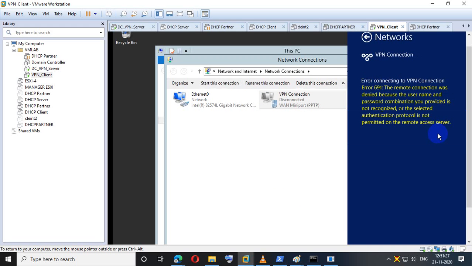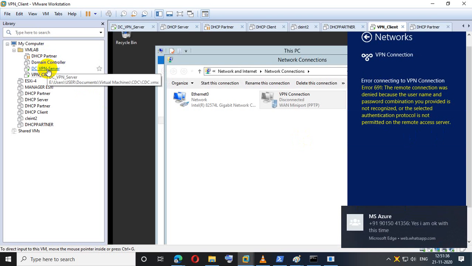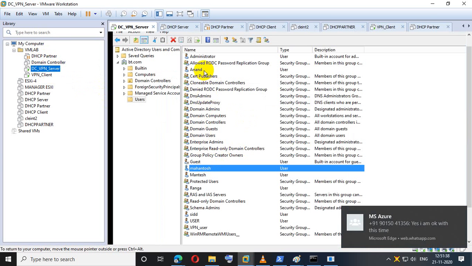See, error, connection is not possible. The remote connection was denied because the username is not there. Okay, no problems. If I add Mahantosh into the group, let's try.